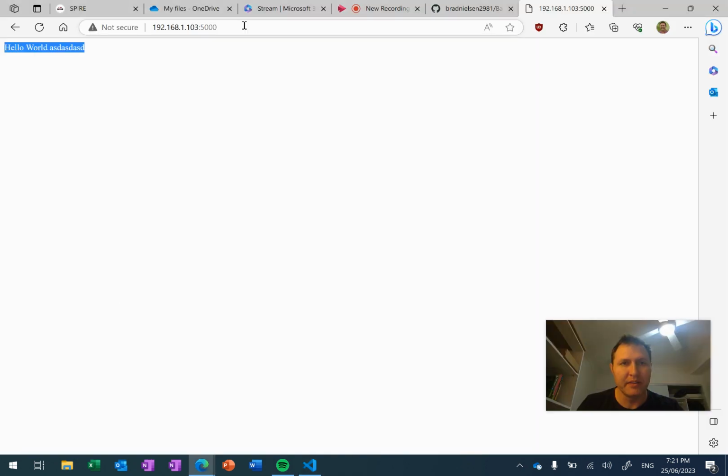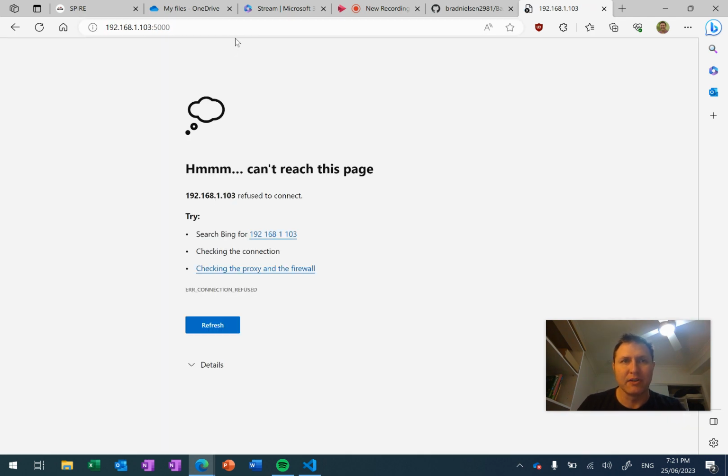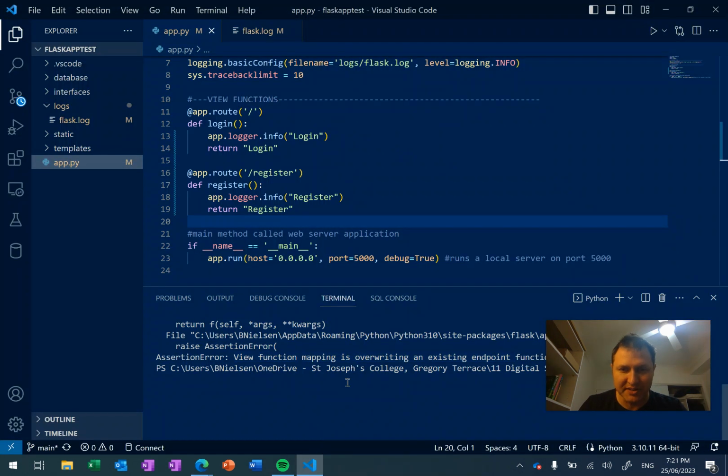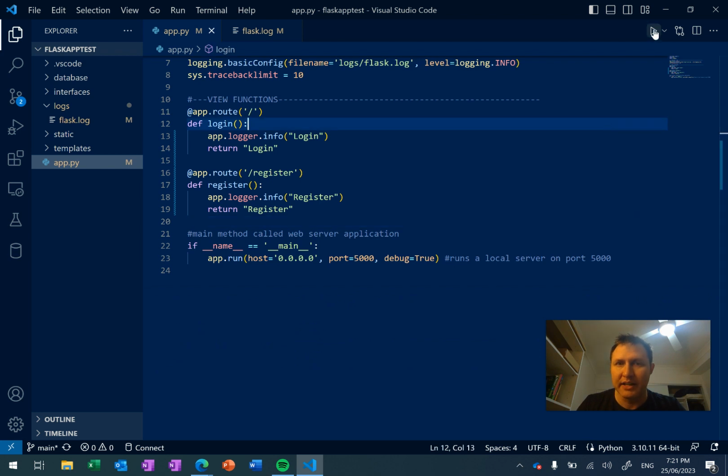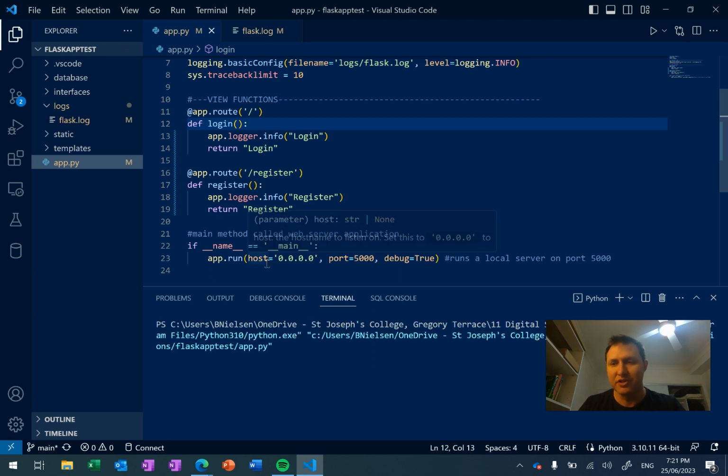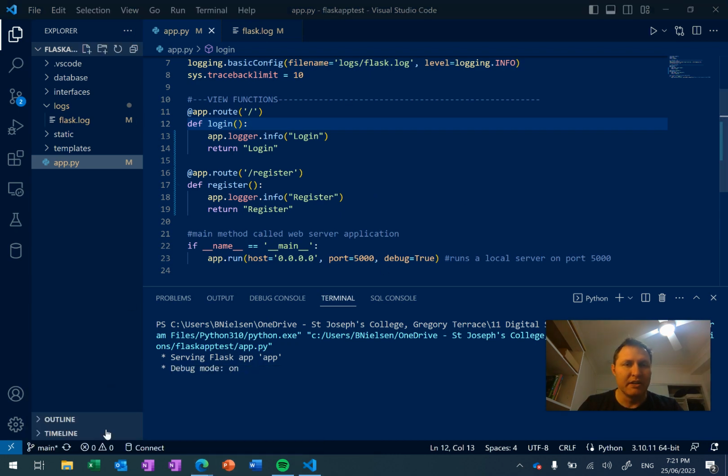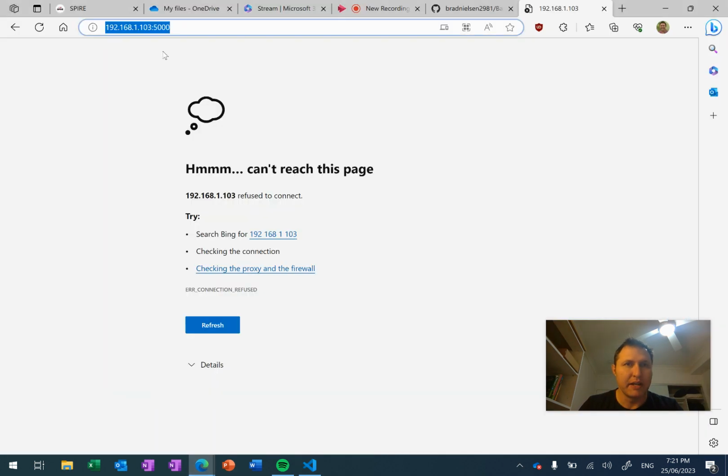And I'm hoping that debug mode still works. If it is a fatal error, I may need to, yes. So if you have a fatal error, which this was, you will need to stop your Flask web server and then run it again. If it's just small little things going along, you might find you don't need to change it because it's in debug mode. All right. So now if I go to my page,